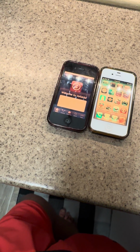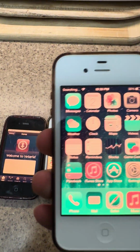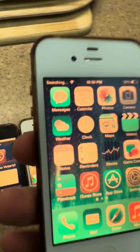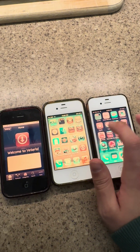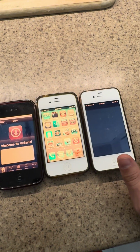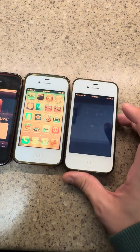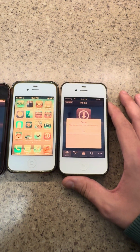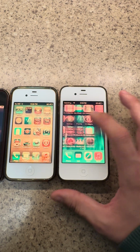And for those people that argue in my comments and say it doesn't work for me, and then others reply that it's only on iOS 5 and iOS 6, that's what he said, that's why it doesn't work. Well, it's going to be the same thing on iOS 7, for those of you concerned about that. It doesn't work on iOS 7. I got this iPhone 4 just to help you guys with this. Or not just to help you guys with this. I have my apps here that I want, but...